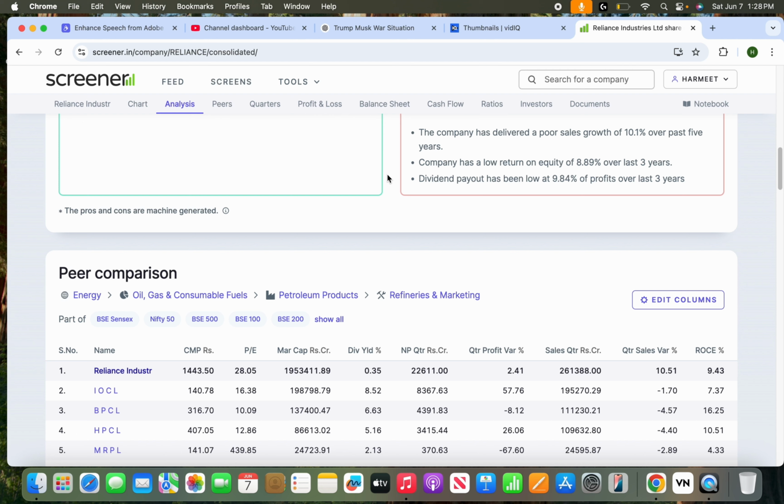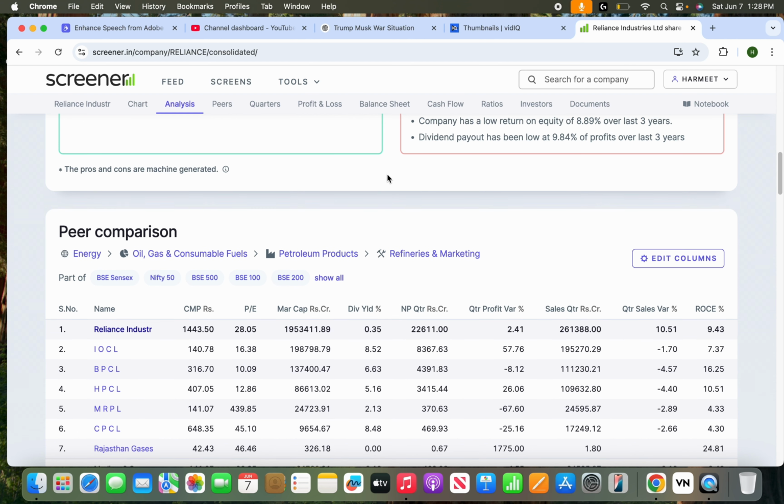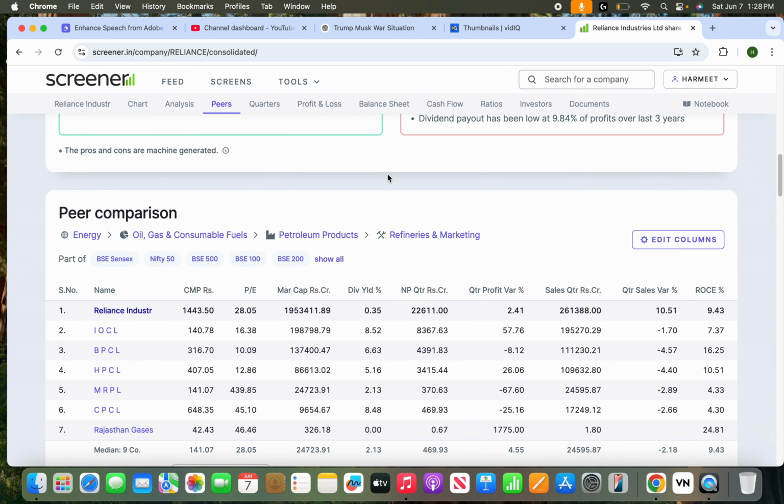Scrolling down, you will find the peer section. This is incredibly valuable. It allows you to compare key metrics of your chosen stock with its competitors in the same industry. Like here you can see the competitors of Reliance in the same sector. By comparing the PE of Reliance to its competitors, you can see whether it is undervalued or overvalued compared to